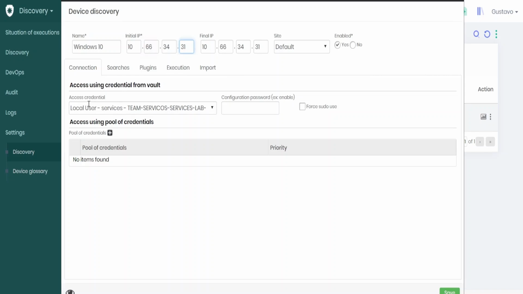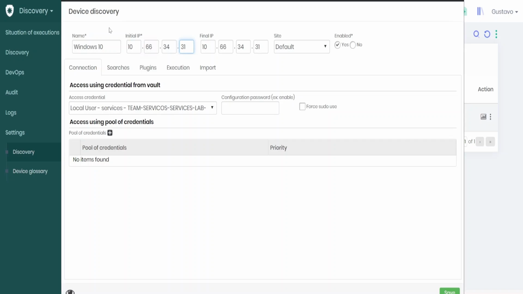Now, another important step is to establish which credential will be used. As you know, Senha Segura will use the range at the top to try to connect to any devices or assets within this range. Depending on which devices are found, Senha Segura might scan it. But to do so, it requires a credential. The goal here is to find the credentials and groups associated with the discovered device.